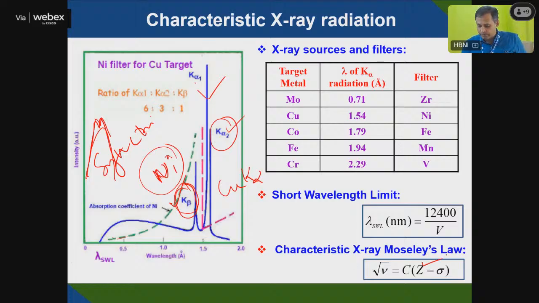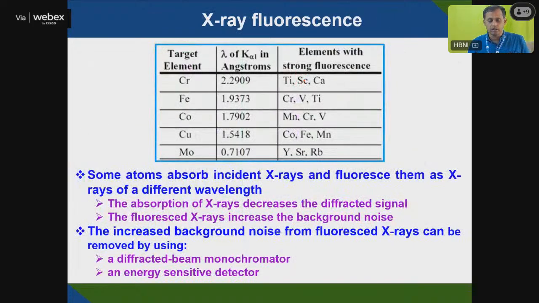It depends upon the Z value. For molybdenum, we use a zirconium filter for K alpha; for copper, a nickel filter; and for cobalt, an iron filter. But another phenomenon occurs here: X-ray fluorescence. Some materials also fluoresce. For example, if you take a copper source,